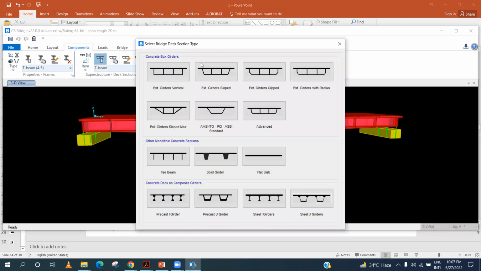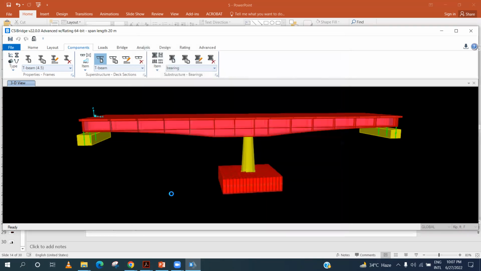So these are some of the default sections that are available in CSI. For box girder, these are the default sections. For monolithic section, T-beam, solid girder, flat slab, these are the default sections. And for precast I, these are the default sections. So today I will be modeling this section and one of these sections. The T and the box you have to do yourself. I will show you how you can draw this box, and then you have to assign the section as well. So for precast I,